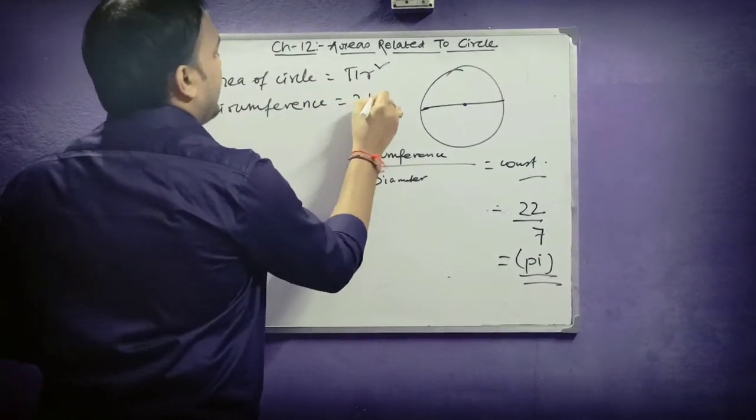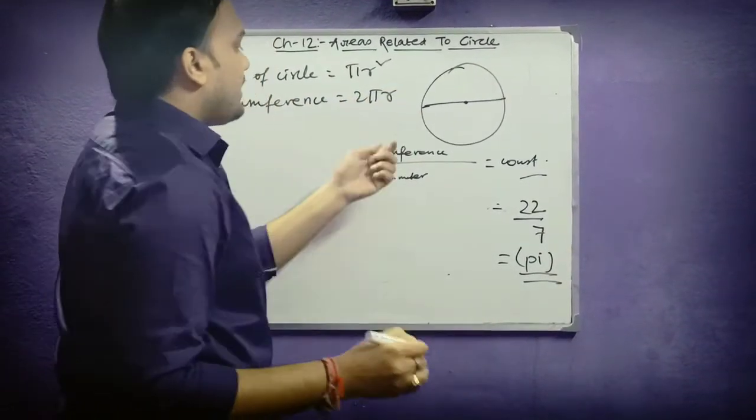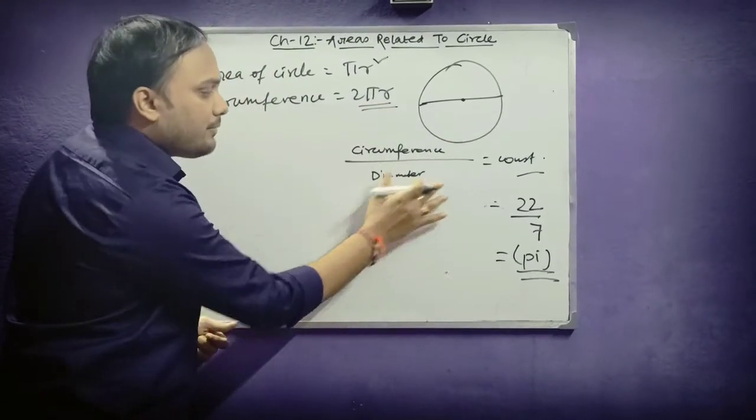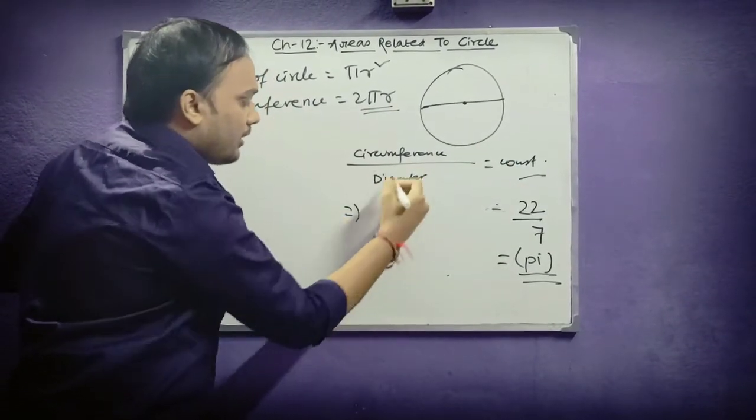Equals to 2 pi r. Okay, 2 pi r. How has it come? I can evaluate by using this only. See what I got here. Circumference equals